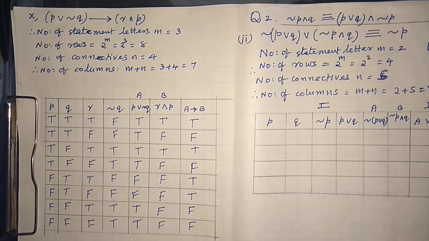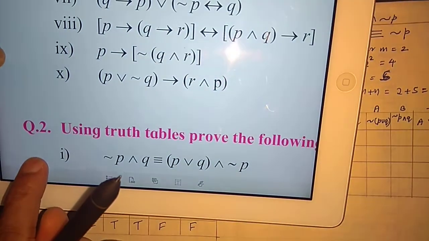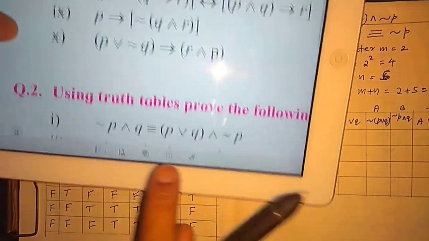This is the statement pattern of the given statement of this question number 10 of question number 1. With that, question number 1 gets over. Now we are with question number 2. Question number 2 of 1.2 only.